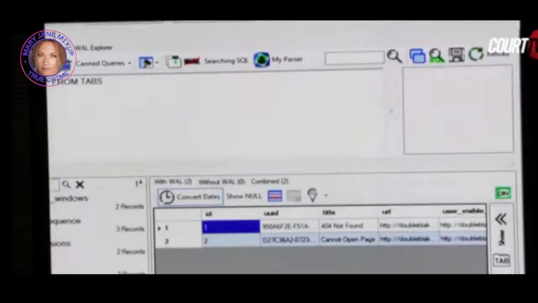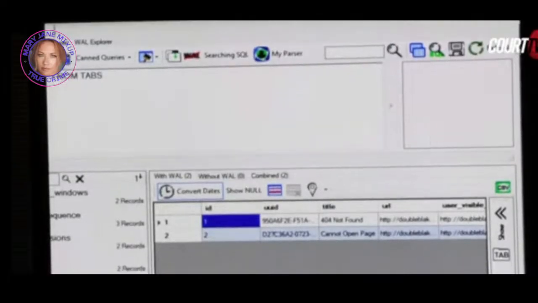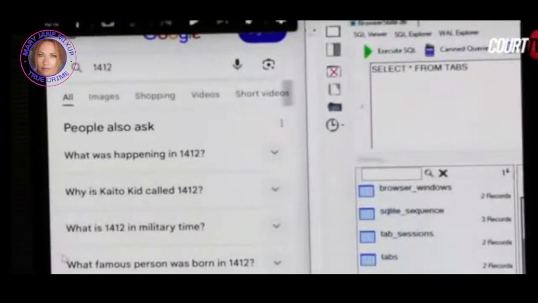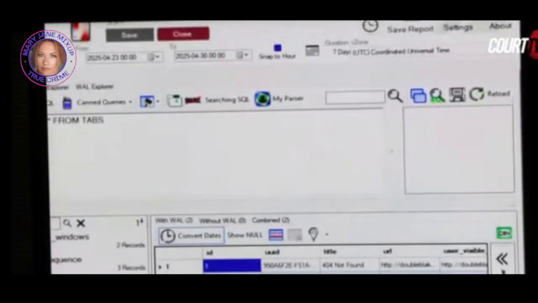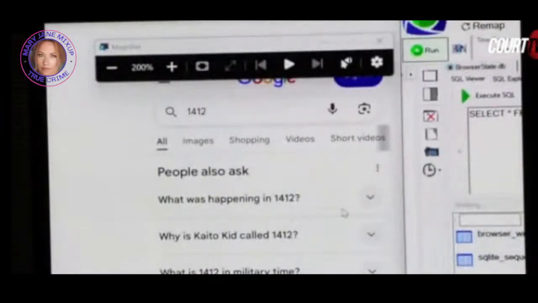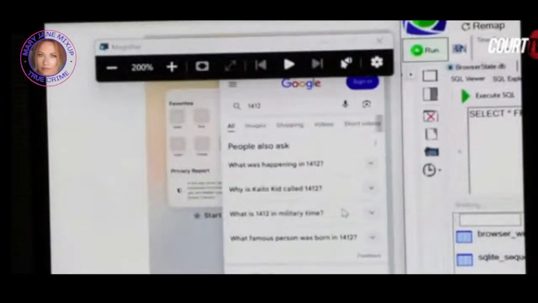We still don't have a new record, and I can do a further search for now 1412. 1412 is loaded, and I can reload the page. Still no records present. I can now go into Safari and just close the tab.